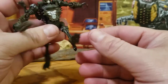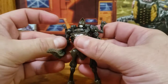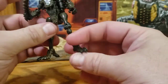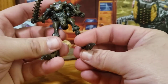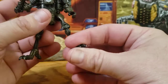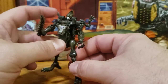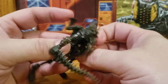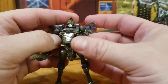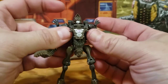Feet look pretty good. They're big enough to keep her very well balanced, but they're also not too big to look goofy. If you ever have any kind of dinosaur figures, it's always important that you balance those two-legged dinosaurs without having two ridiculously cartoony feet. So, looks pretty good as far as that goes. But yeah, I really like this figure. I like how she looks in robot mode and in her alternate mode. But before we get to that,